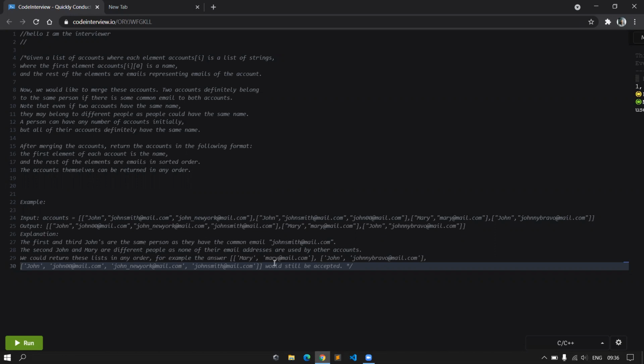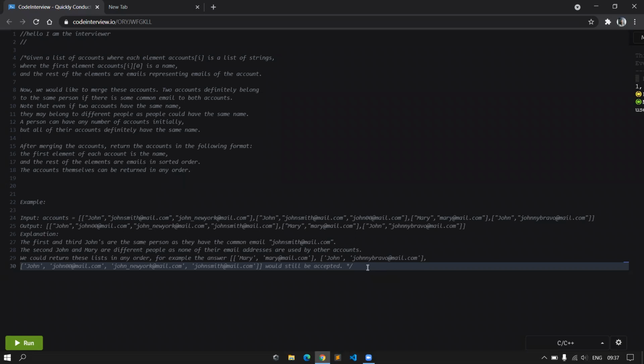All right. So, in each of the individual lists, the first element would be the name, and all other subsequent elements would be the emails associated with it. So, what we can do here is, okay, let's see.